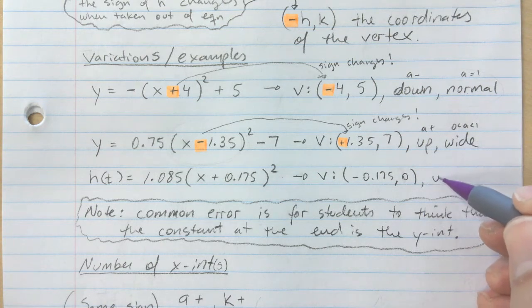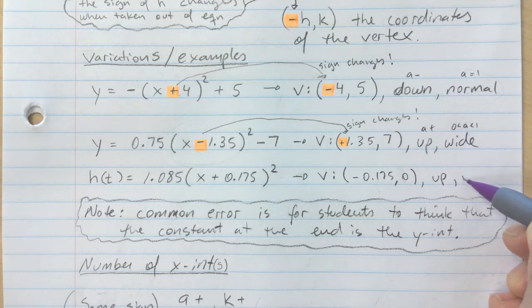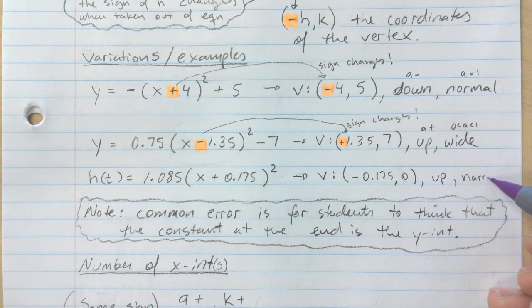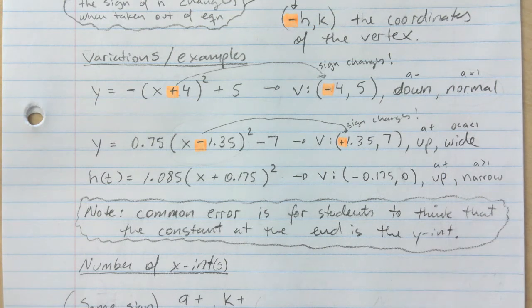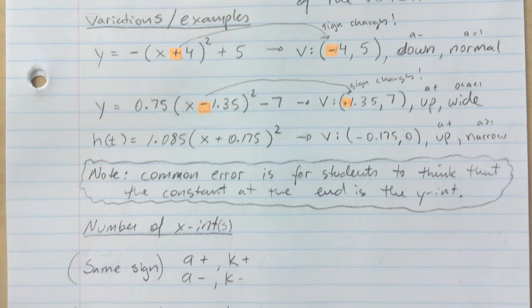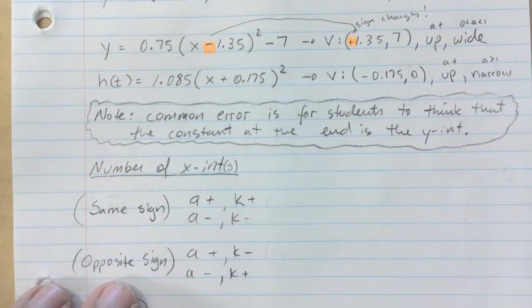And this would be up and this would be narrow because it is slightly bigger than 1, right? A is bigger than 1 and A is positive. Okay. Next,